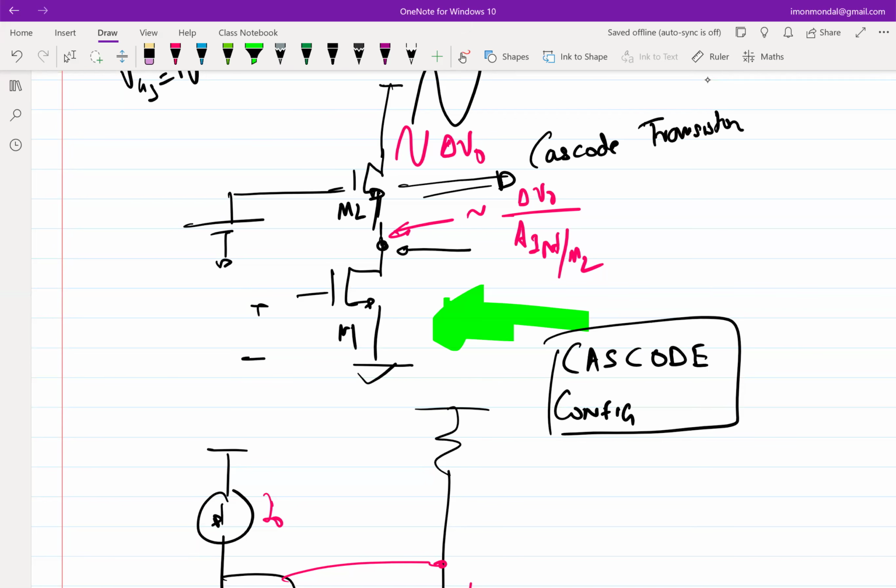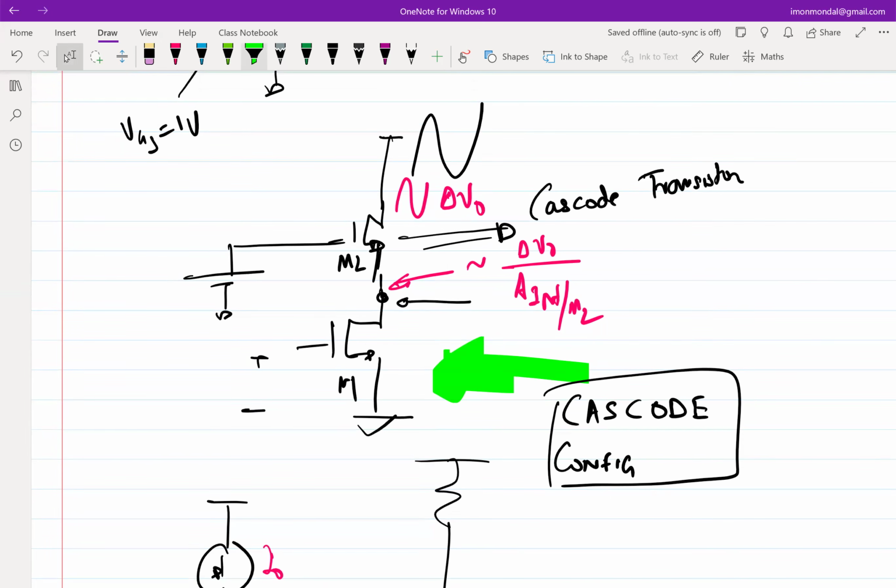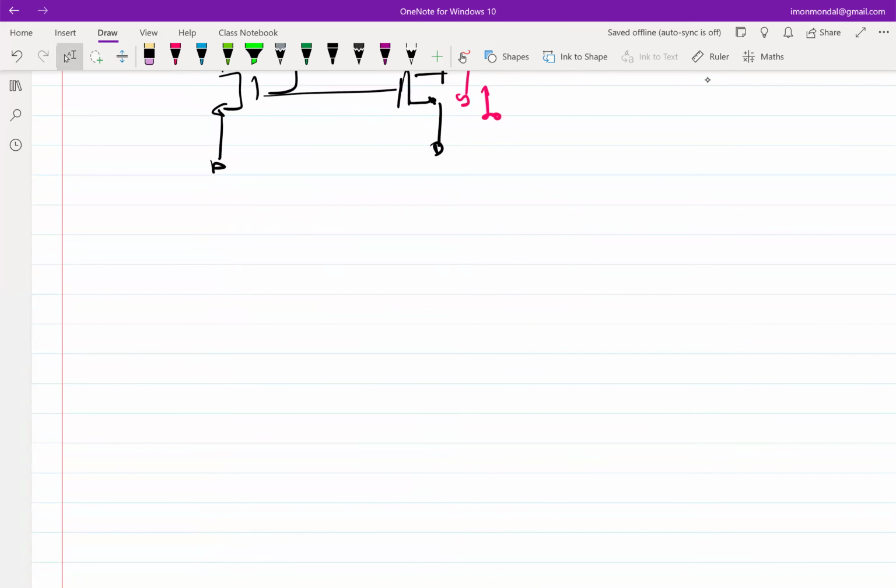GDS. In case of a current mirror, in case of this type of configuration, its primary job is to ensure that however much swing you might have at the drain of M2, the drain of M1 sees a reduced swing, right? So essentially the job of the cascode, in this context, is to increase the output impedance of the configuration, right? So what I am getting at here is,